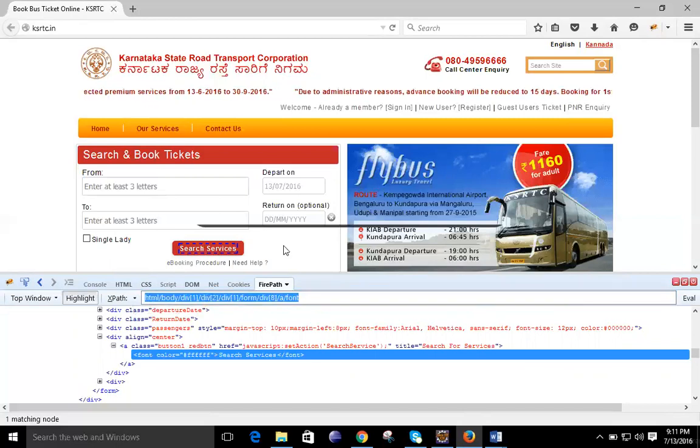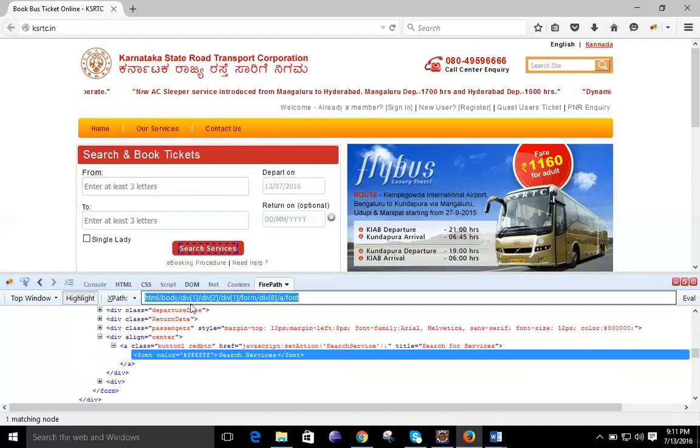XPath is nothing but a path from the start of this page. You can see the HTML page started, inside that body was there, then we have the particular divisions. It is a detail of how things are available in web pages. If you want, you can learn HTML also, because HTML is required, not so much but only the basics.